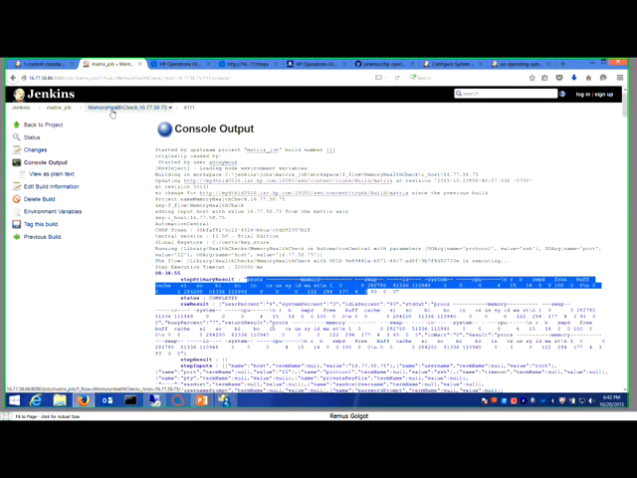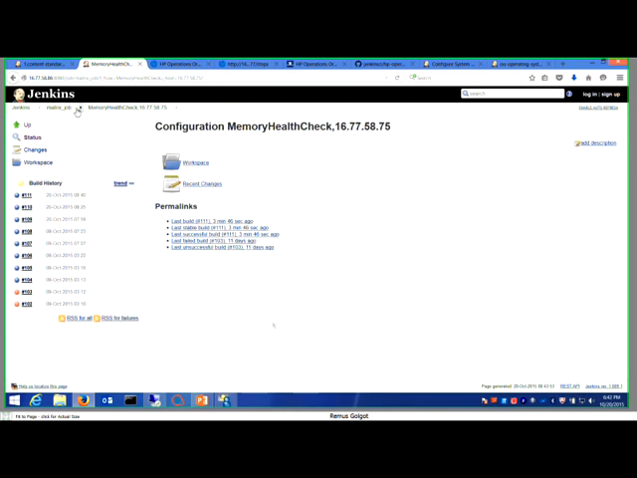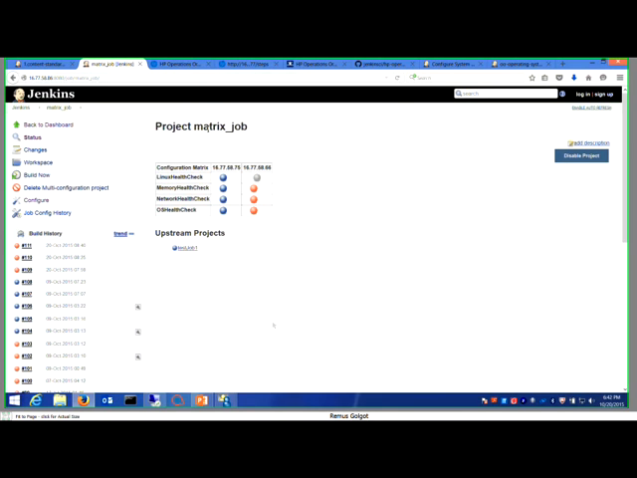This is an example of how to use the plugin. Again, very easy. Just make a simple multi-configuration project and you populate two axes, a couple more fields inside a build step, and you obtain such a job that, as you can imagine, can grow very large, very quick. If you have 10 flows with, let's say, 7 or 8 instances that you want to health check,